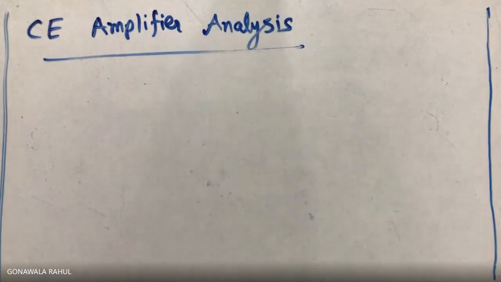That was basically how to perform this small signal analysis. So step number 1 is to draw the AC equivalent circuit. Step number 2, replace the transistor by its equivalent hybrid circuit. And step number 3, find out voltage gain, current gain, input impedance and output impedance. So first we are going to draw a simple common emitter amplifier.